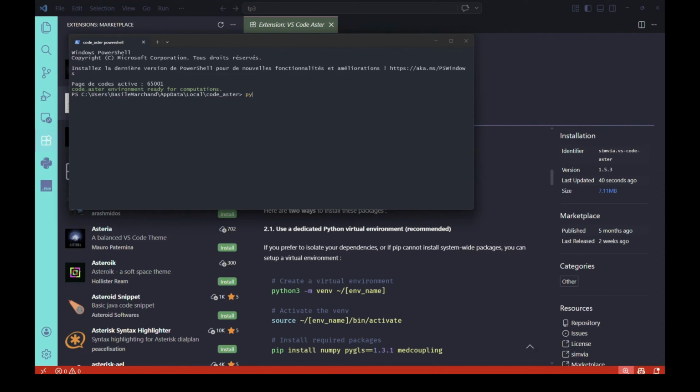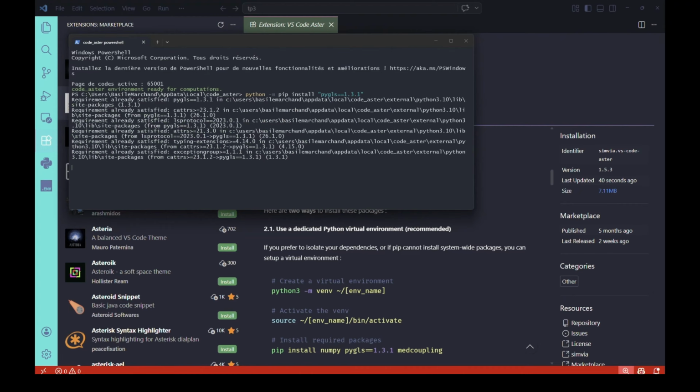On my side, this runs very quickly because it is already installed. So yes, you can add Python packages to the Python environment included in your Codaster installation. But be really careful. If the package you install tries to upgrade NumPy to a newer version, you may break your Codaster installation. So this should be done carefully.